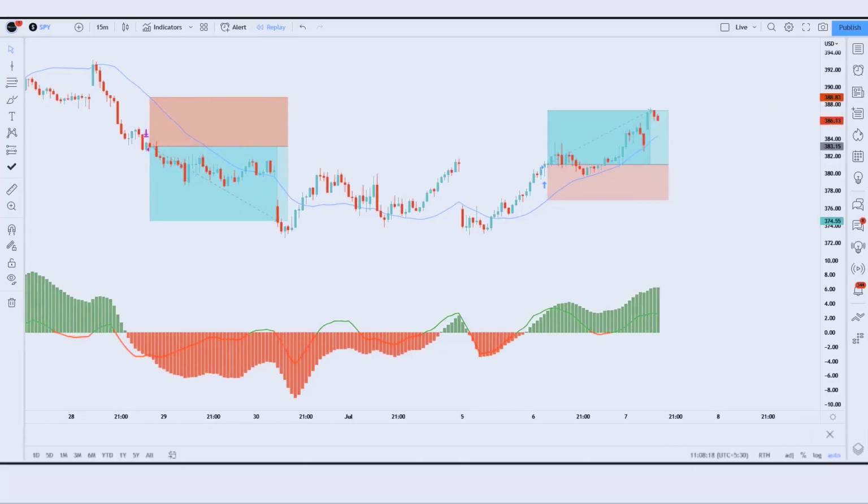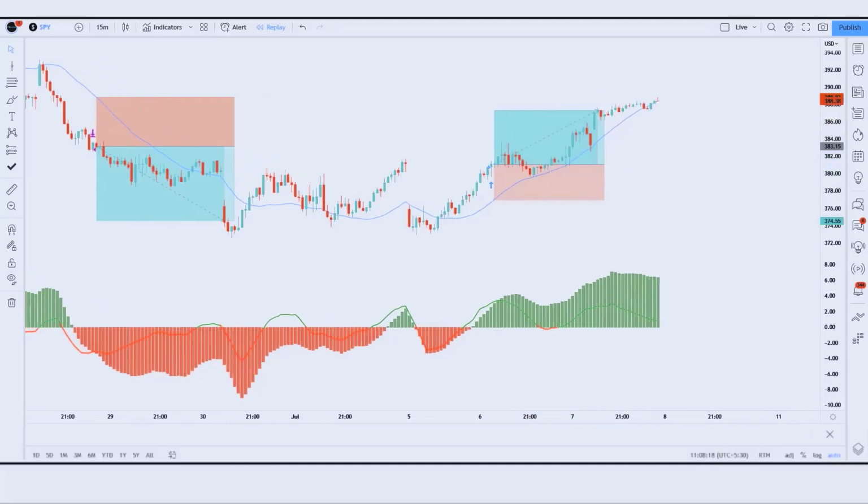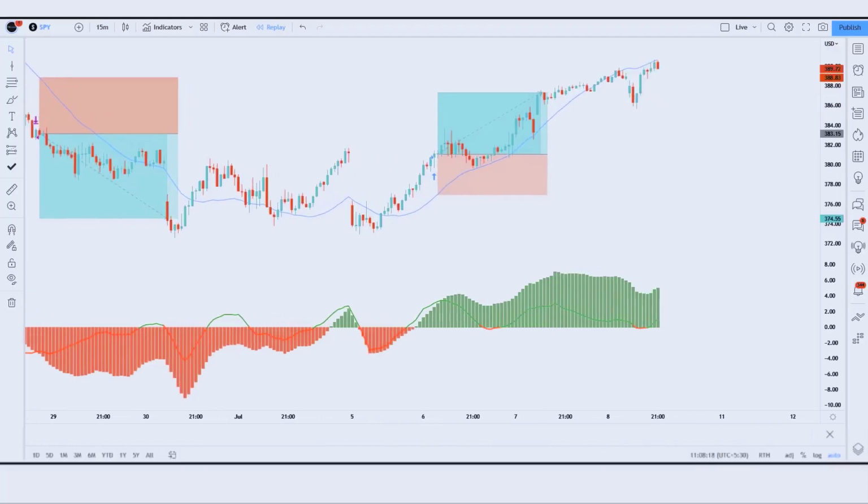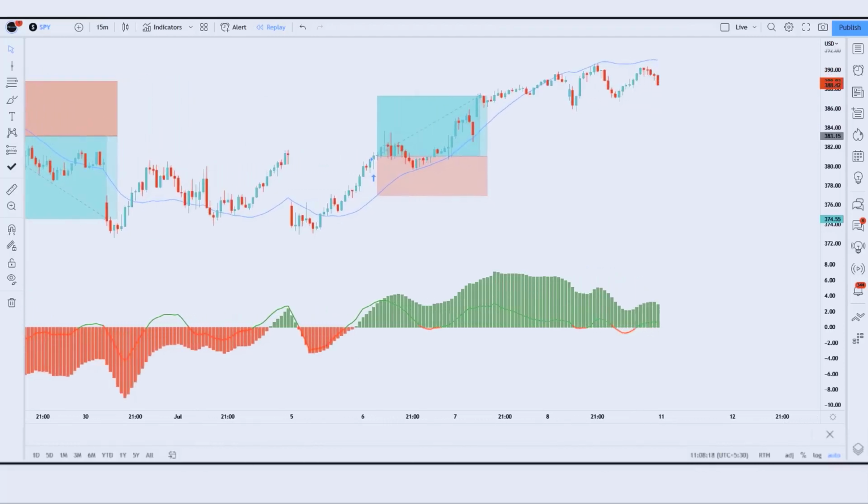I hope you must have understood this trading strategy. I hope you must have liked this trading setup and strategy. If not, then it doesn't matter, we are going to see examples of some trades, so that you will definitely